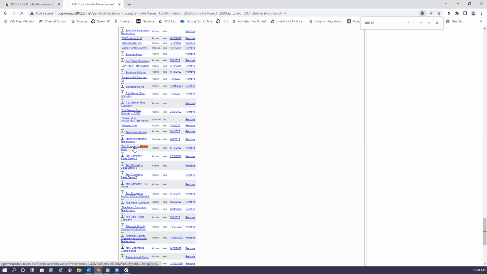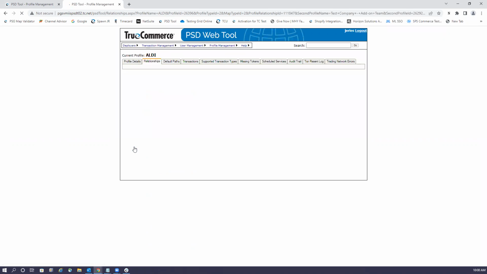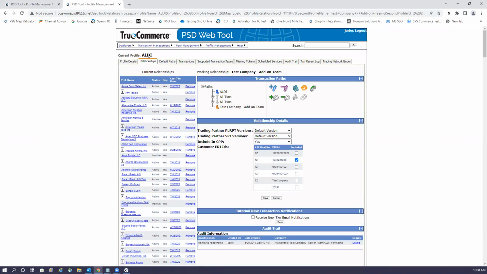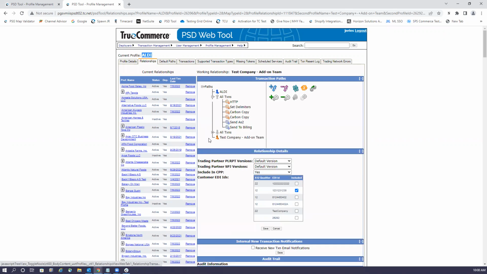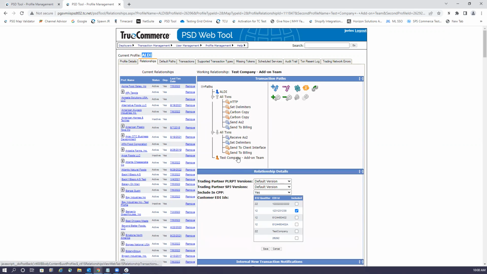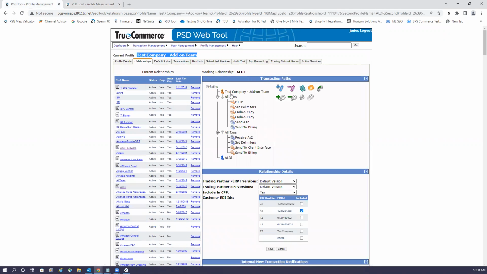So in our test company for add-on, you'll see now I'm looking at the direction from the partner side. The trading partner is at the top, and the customer is down here. So I like to look at the direction here of where the customer is sending, and the trading partner is sending this direction. The paths of your data will be hard-coded or defaulted depending on the trading partner relationship